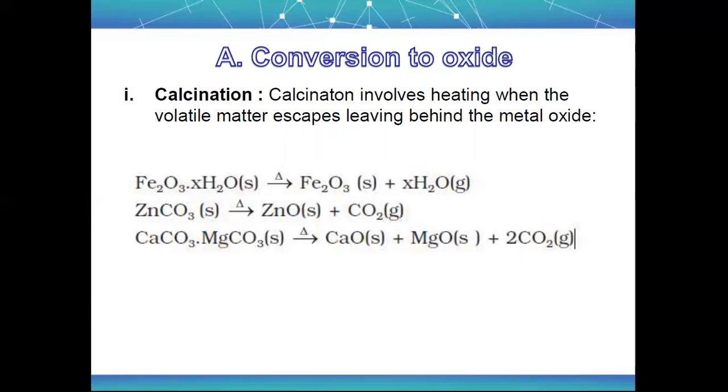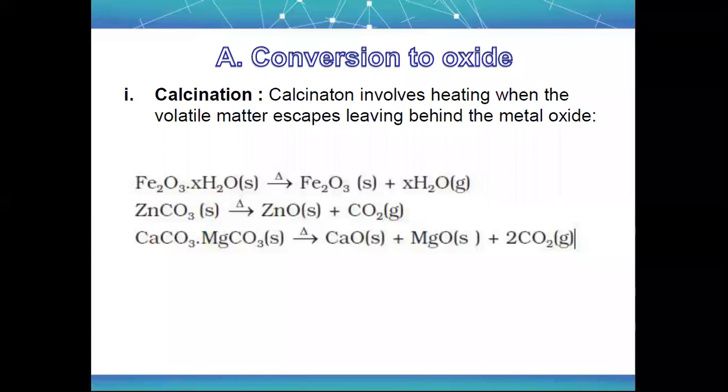So there are different types of reactions. First, for example, let's go to iron: Fe2O3·xH2O in solid form, and when you keep on heating, the water will be removed and you will get Fe2O3, iron oxide. Next, ZnCO3: when you keep on heating this, you will obtain ZnO, and CO2 will leave the system as gas. You can collect this CO2, or all those gases, by using different things. Charcoal is used, silica gel is used. This thing we have learned in the previous chapter, surface chemistry.